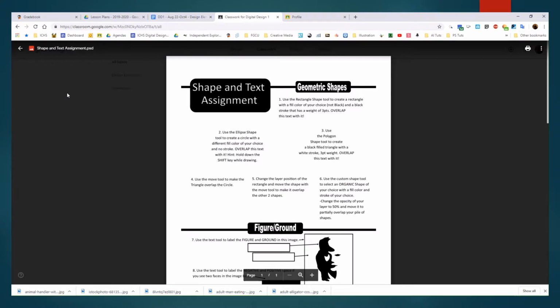For today's lesson, we are going to focus on shape and text. And just like with our lesson on color, I'm going to show you some tools in Photoshop, and at the same time we're going to talk about some elements of design. So the first thing that we are going to do is download the shape and text assignment Photoshop file, which